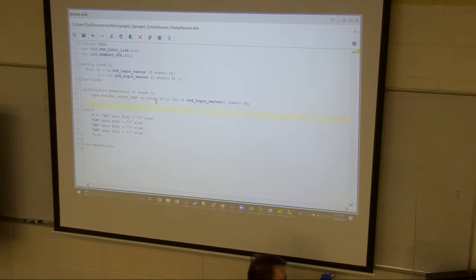Then, in order to use that type, I can say something like constant encoder array. So this is, again, a name that I'm making up. The constant is something that's not going to change. Constant encoder array is of type encoder array type. And it initializes the value to, right? That's what this equal sign is, initialization. I can initialize it to